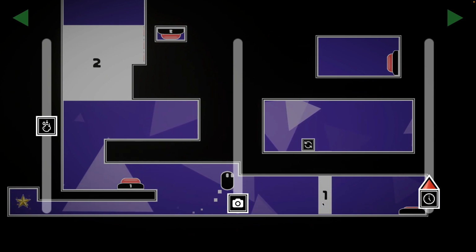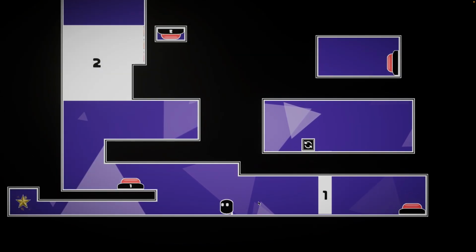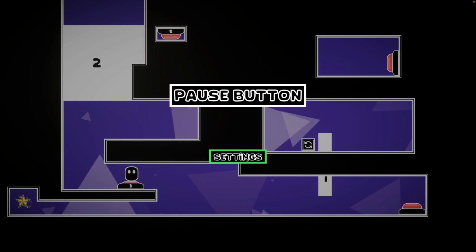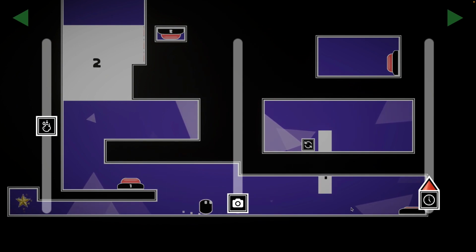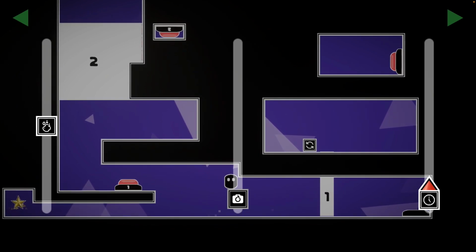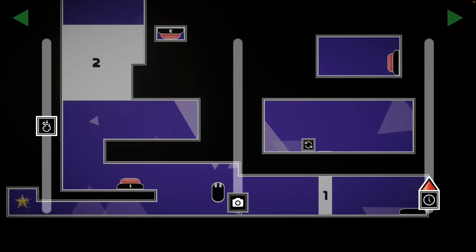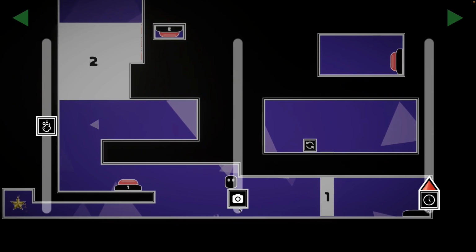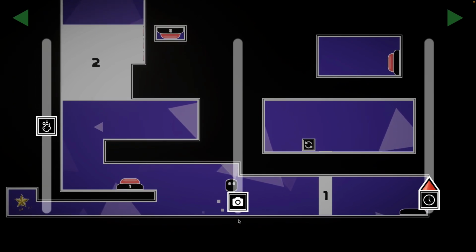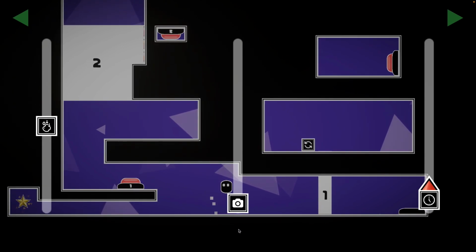Because you gotta make sure another button is pushed, which is this one. So you have to very carefully shrink yourself one little bit at a time. Yep, very carefully. Kind of tedious, but